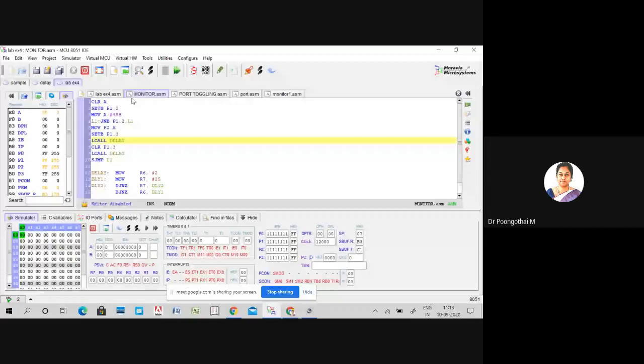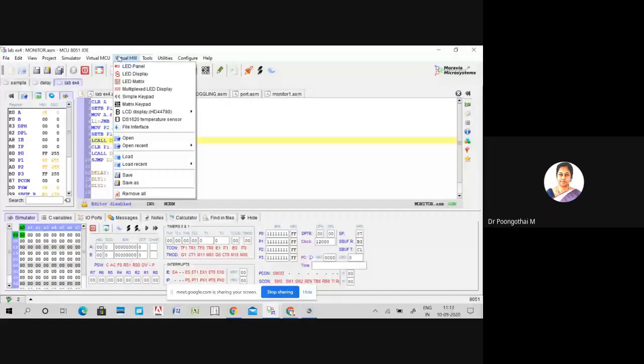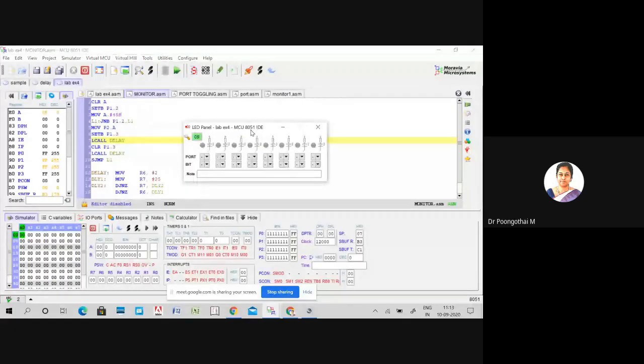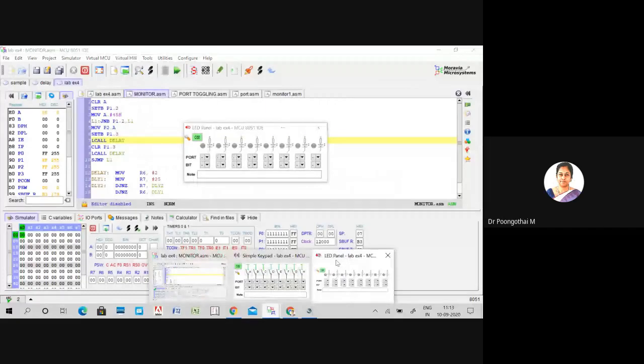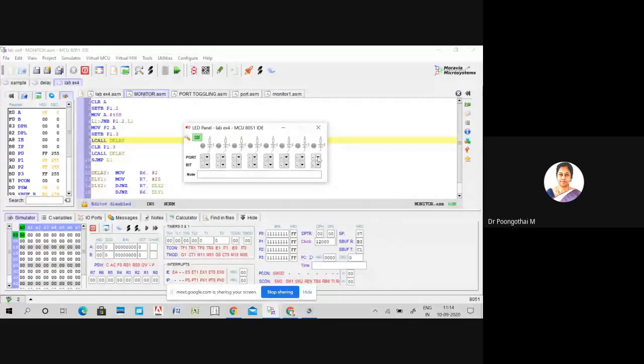For input configuration, we have to use this simple keypad. For output, you have to use the LED panel. And on the keypad, we are going to monitor P1.2.